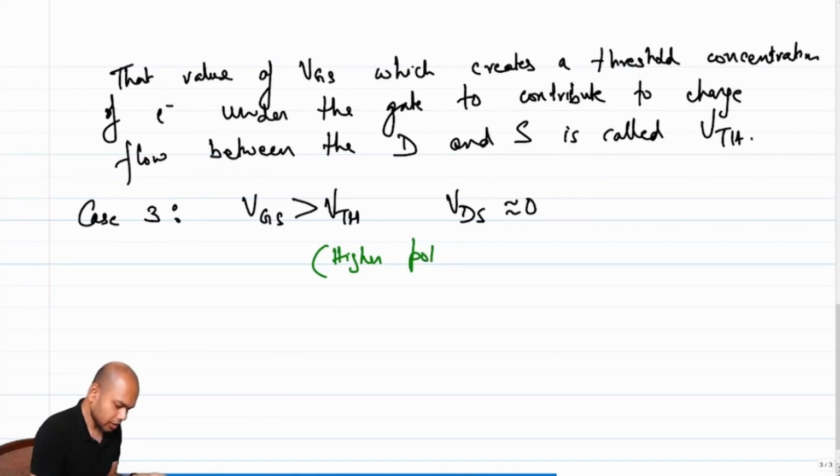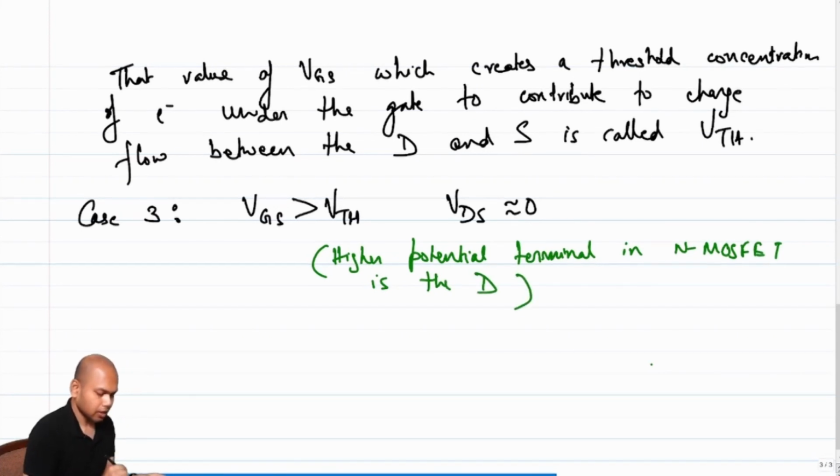Higher potential terminal in N MOSFETs is the drain, right? Because electrons are getting dragged out. So as long as we understand that there will be a current flow and the higher potential terminal is called the drain. Now the next